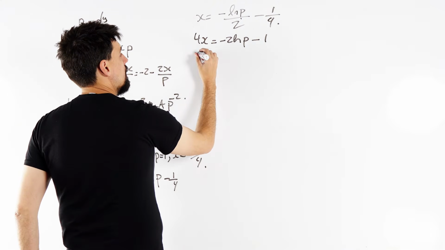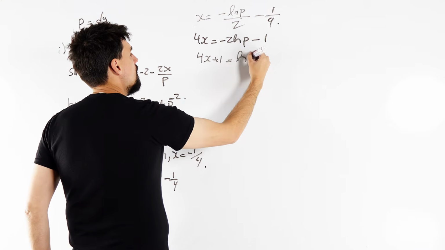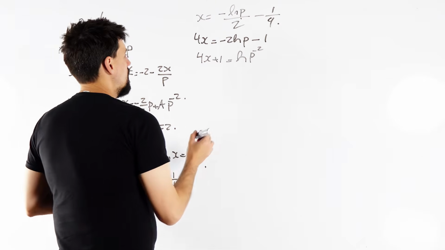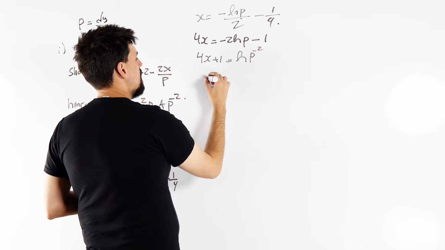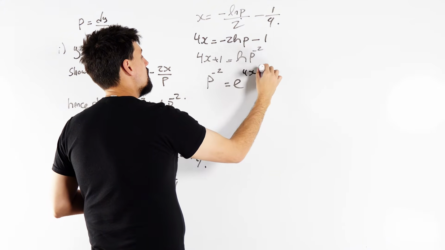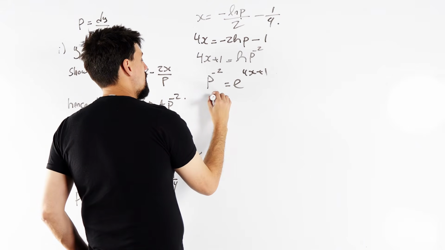That tells me that 4x plus 1 is ln of p to the minus 2. That tells me that p to the minus 2 is e to the 4x plus 1, which tells me that